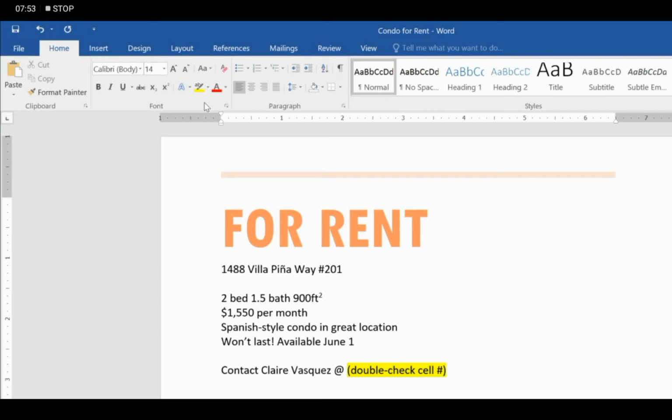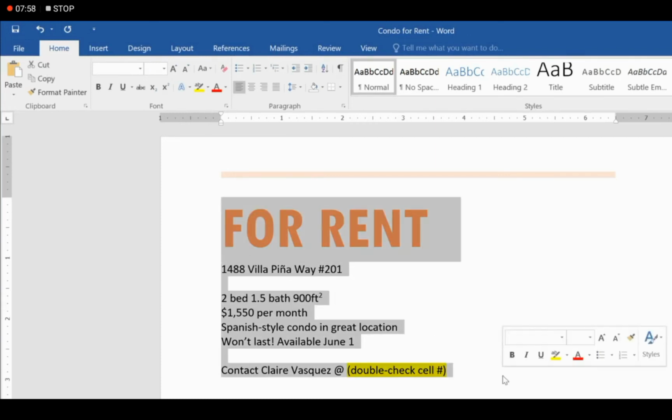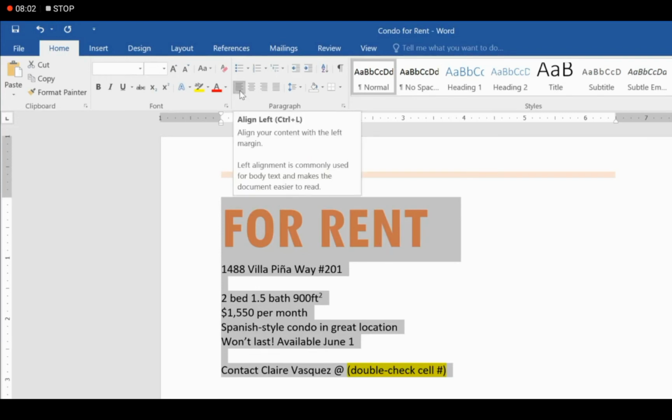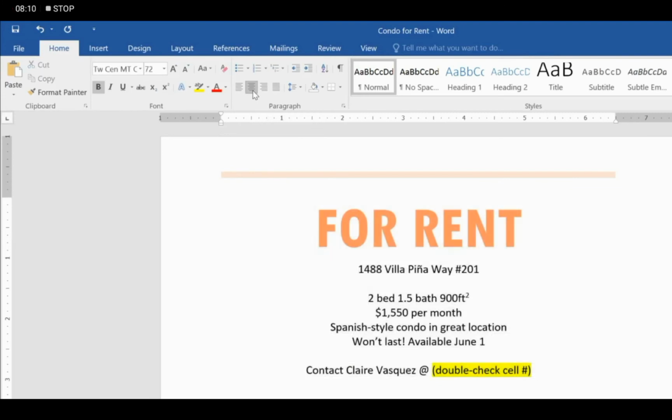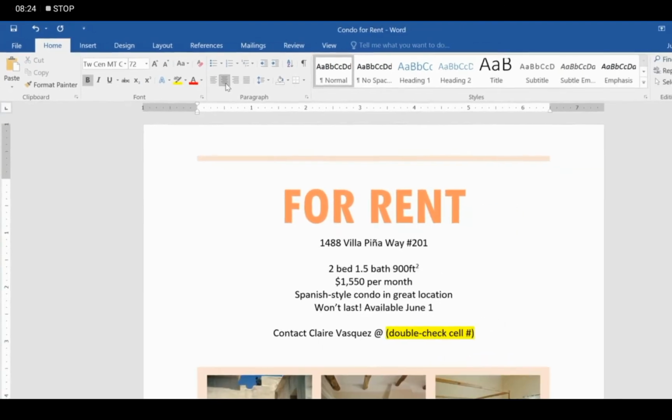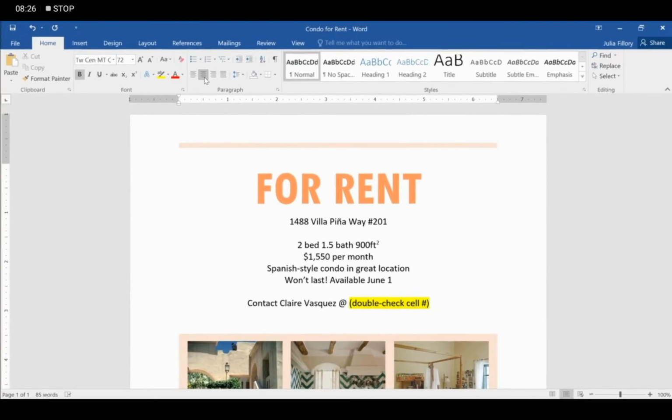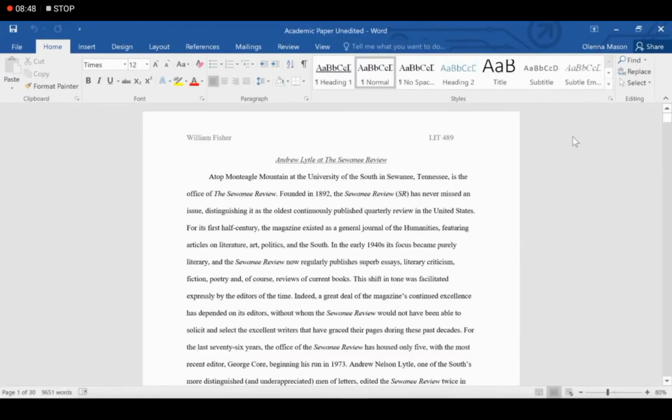You can also change the alignment of your text. To do this, you have to select the complete text, and after selecting, you can choose the alignment by clicking on the Paragraph group. There are many alignments like right, center and left. So I'm going to select the center alignment. Now as you can see, it is looking very interesting. So these are some text formatting options.